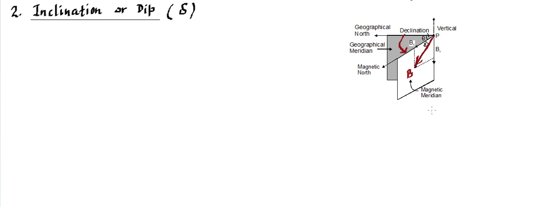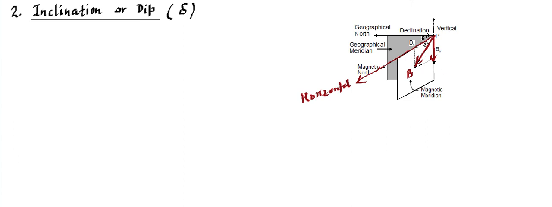Now in this magnetic meridian we will be talking about inclination or dip. Now this angle is said to be this inclination or dip. How are we going to define that? This P point was clear. This is the magnetic north, which is clear. So we can join the P point with the magnetic north. If we join the P point with the magnetic north, that's called the horizontal direction. So this is going to become the horizontal direction, because we know this is the vertical direction. Since this is the vertical direction, the horizontal direction is going to be perpendicular to this and towards the pole. So that's the horizontal component, and that's the vertical component. This is vertical, isn't it?